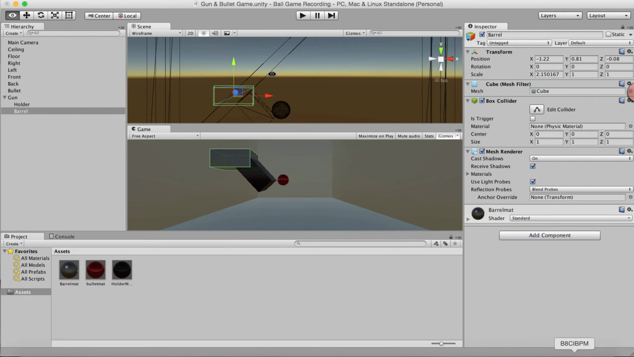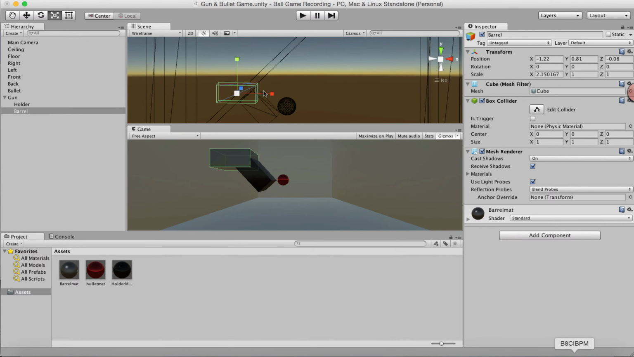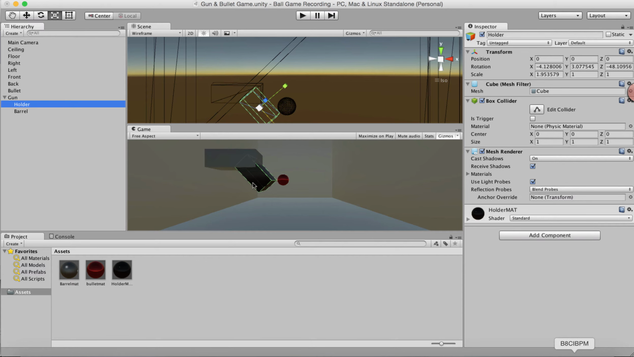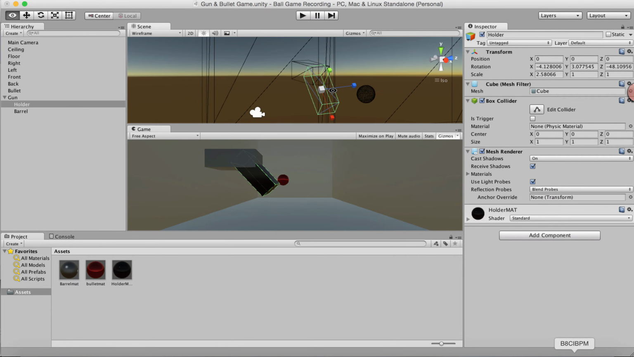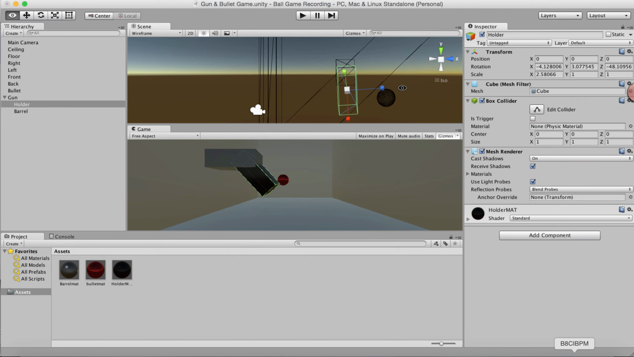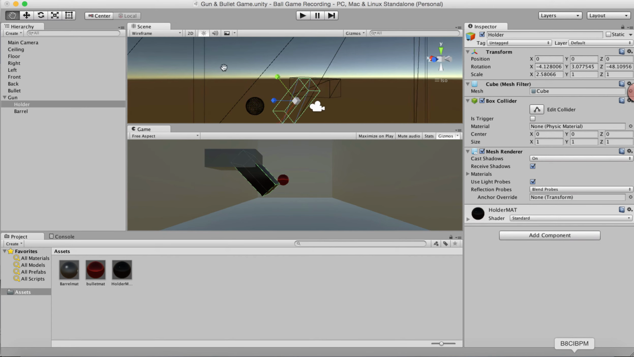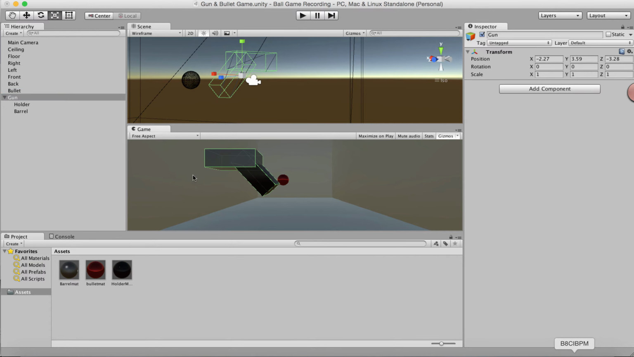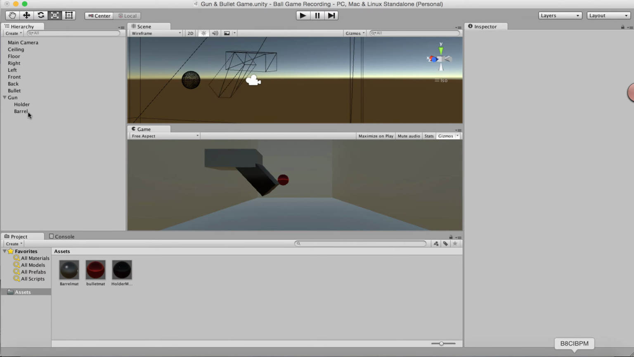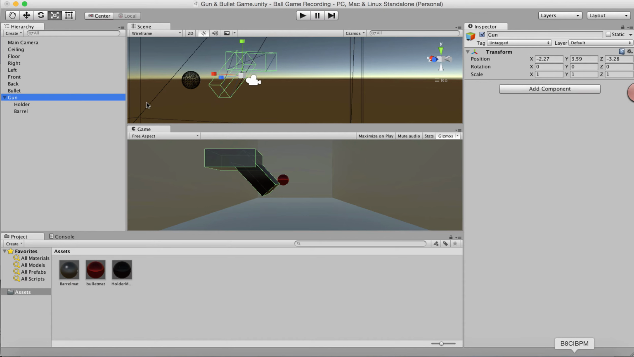Okay, let's just extend this also a little bit. That is different, you're right. It's a bit different. Yeah, a little bit sideways. Okay, I'm not sure if that's, yeah, it's in line now. Okay, so that's my gun. So it's got two different materials. This is the holder, this is the barrel, and then I'm gonna add